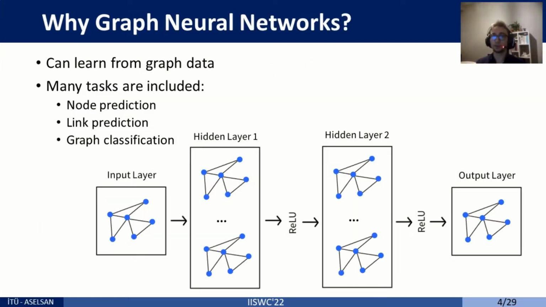And why graph neural networks? Recently, learning tasks have been so charming that we can easily see them in action in many areas. Graph neural networks are deep learning-based methods that enable us to operate such learning tasks on graph-structured data. GNNs are able to operate many tasks, including node prediction, link prediction, and graph-level classification. Here you can see an example for a GNN pipeline with two hidden layers. As you can see, there are also activation layers after each hidden layer, which is rectified linear unit, or ReLU for short, in this case.